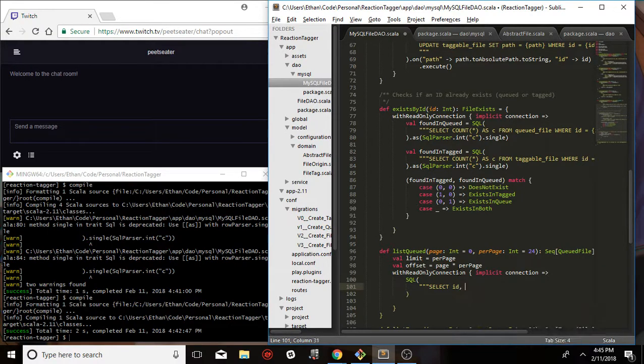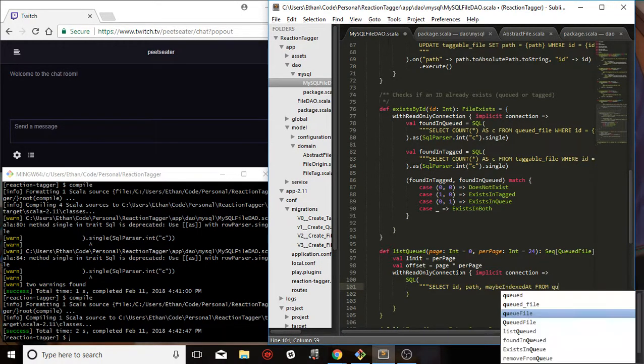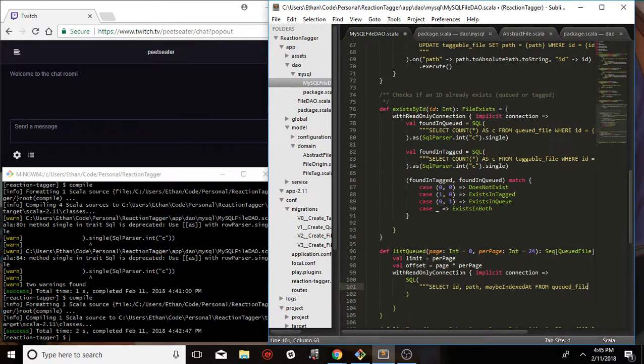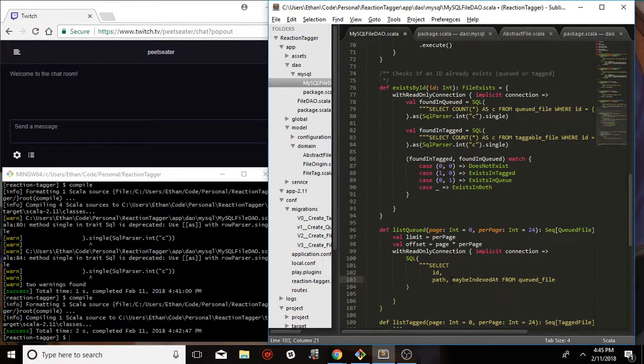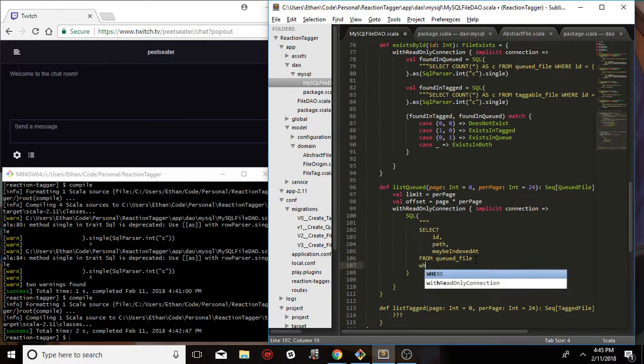This is listed queued. We're going to list the ID, the path, and then maybe index that from queue file. And so this is the part where I start actually using the fact that I can go across multiple lines to make the SQL a little bit easier to read. From queued file, where,